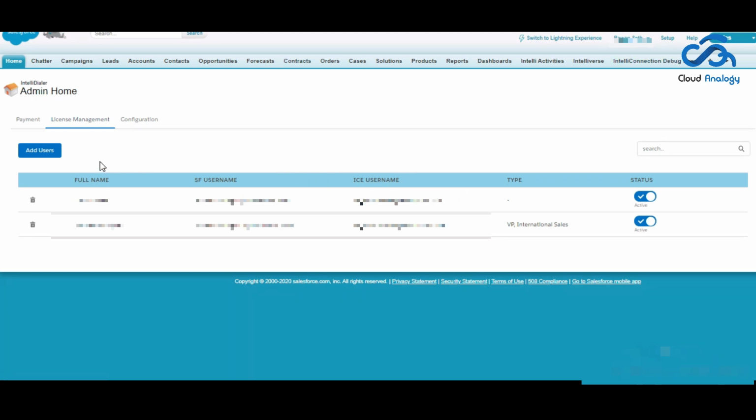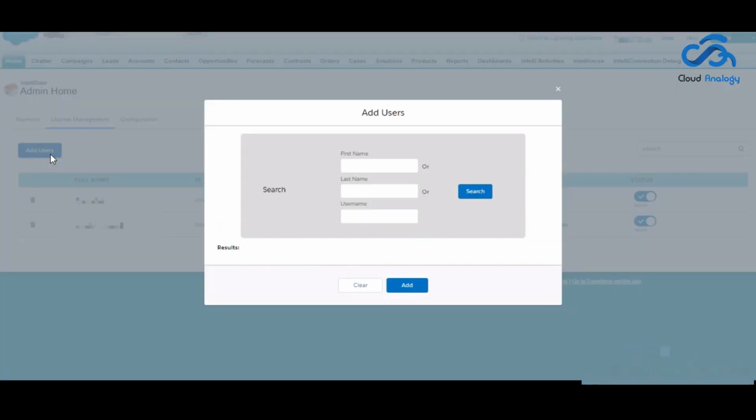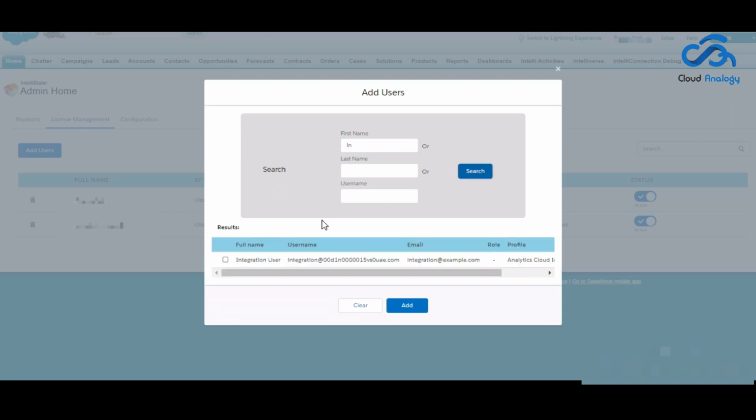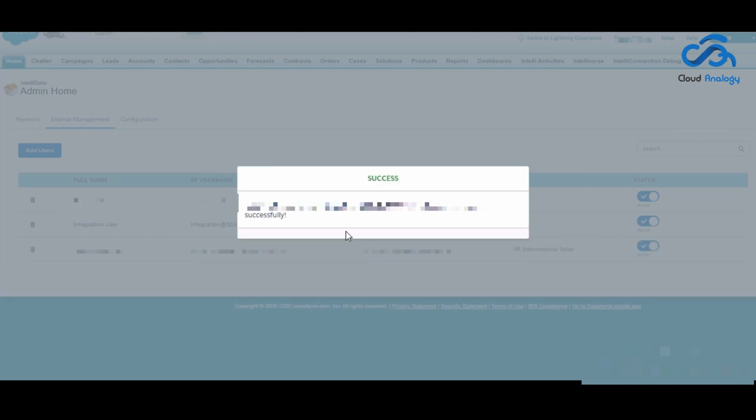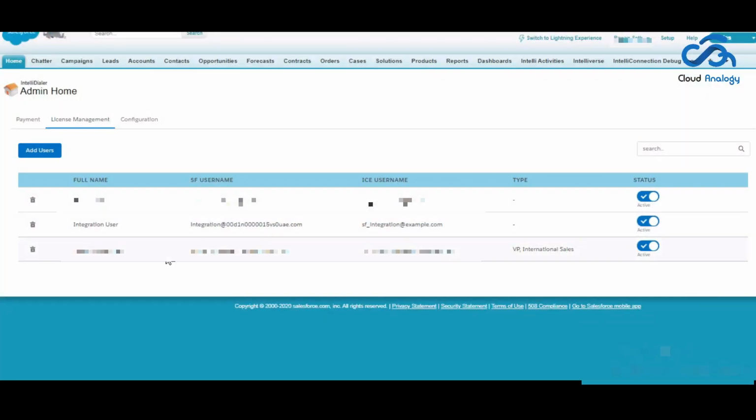basically we have this add user button. When we hit this add user button, a modal opens up, and here a user can add other users as well, so that these users can also be a part of using the features that are provided by the application. So I can search over here the user I want to add, and when we add a user, the user is created again in the CRM as a sub-user. All this integration process was done using SOAP callouts.